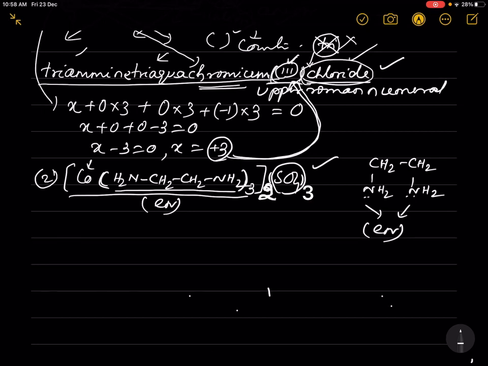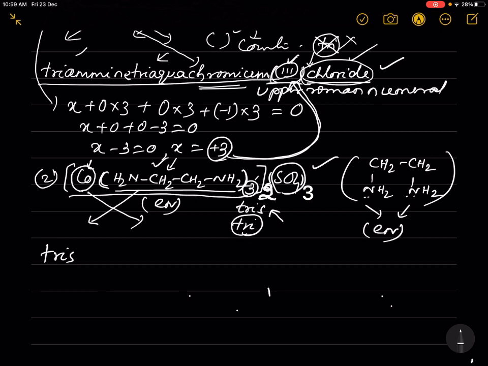In the formula you see the central atom is written first, then the ligand. But in the nomenclature you have to write the ligand first, then the central atom, and the number of ligands is 3 over here, so you should write tris. Usually we write tri for 3, but here it is tris because it is a bidentate ligand written in parenthesis. Tris means 3. So tris, and this part is